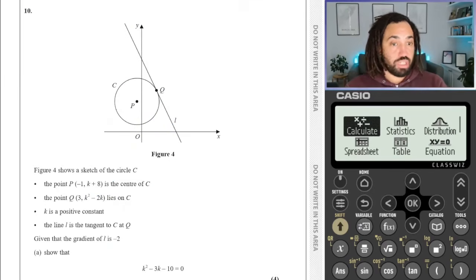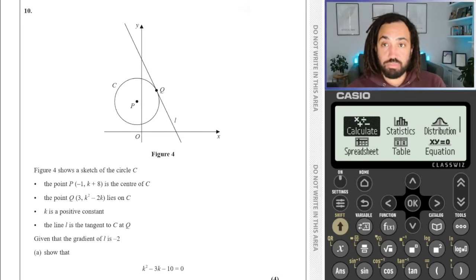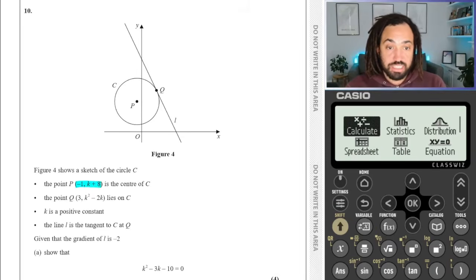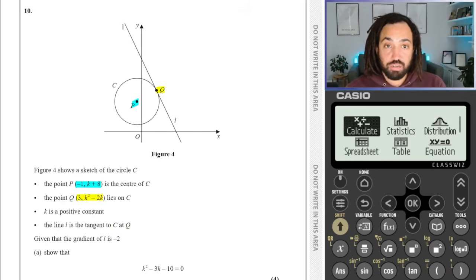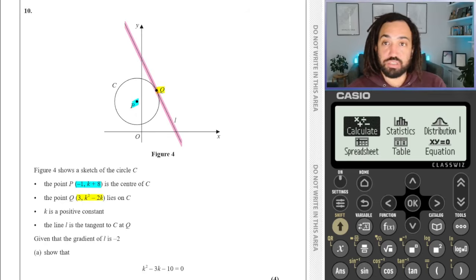Question 10, got a circle and it shows that we know what P is. We've got the coordinate of P, and that's the centre of the circle. And we've also got the coordinate of Q, and that just lies on the circle. It says K is positive constant, the line L is tangent to C at Q, and we know the gradient of line L. Okay, so this line here we know has a gradient of -2, so that's going to be